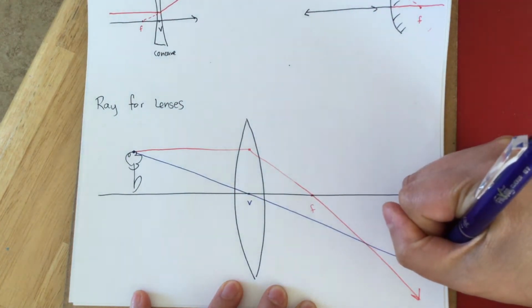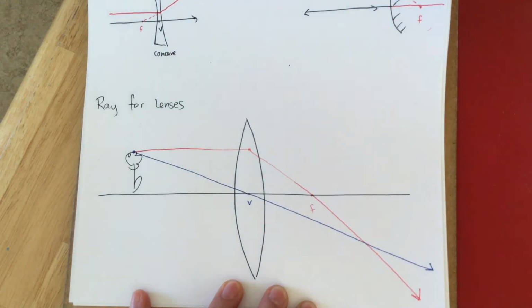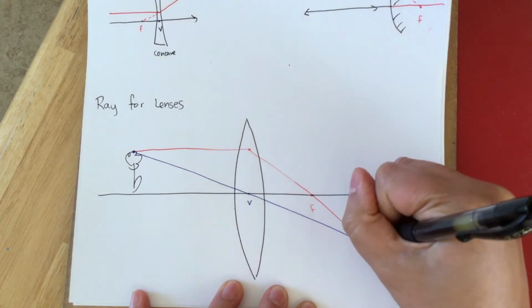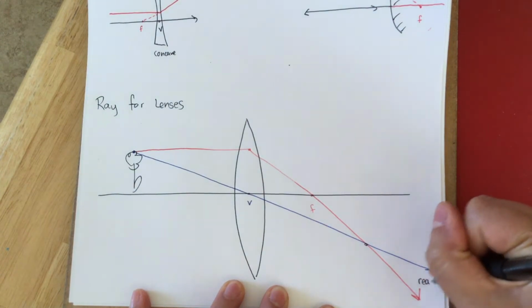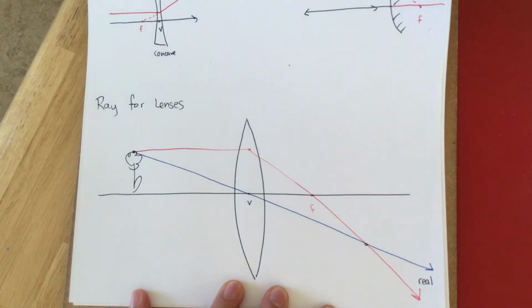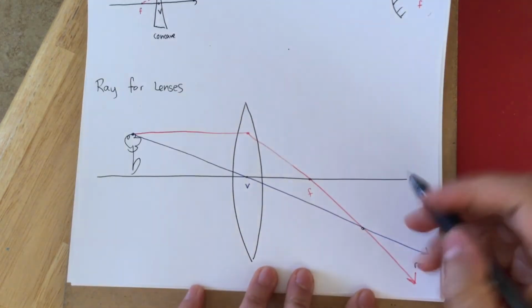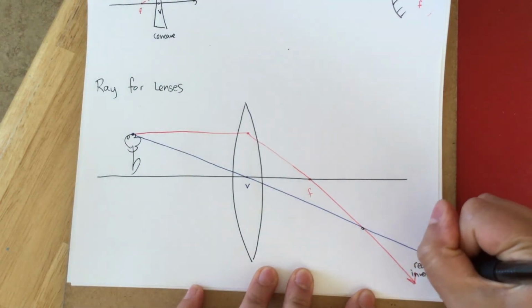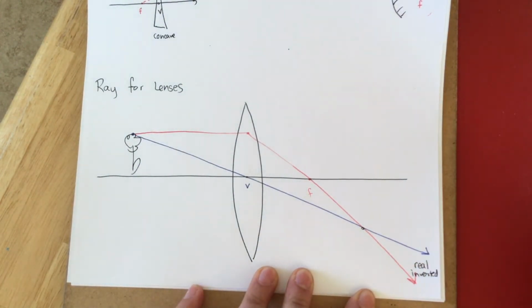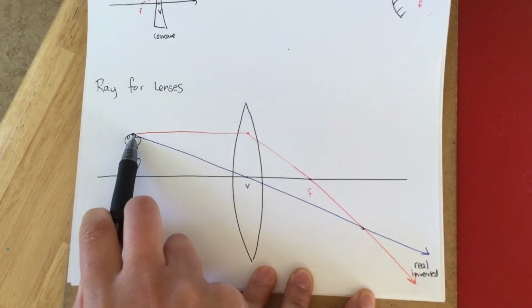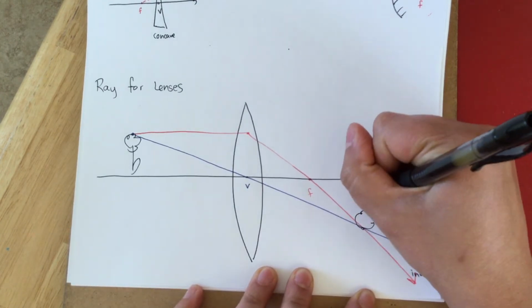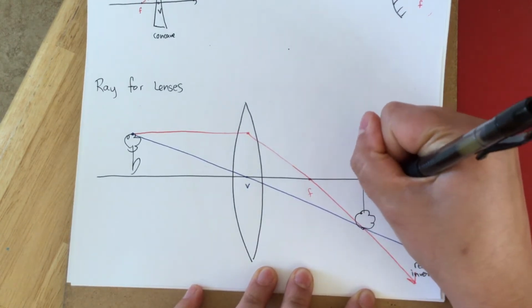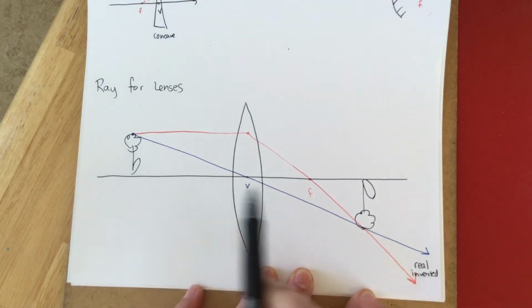I see these two rays actually meet. We call this a real image, where ray 1 and ray 2 actually meet. That gives a real image. And hint, guys, real images are always inverted. To determine if this is larger, smaller, or the same size, remember that this light left from the top of the flower, so this must be the top of the flower, and the roots stay on the principal axis. So this image is just slightly larger